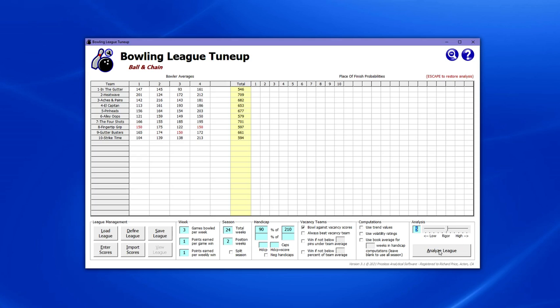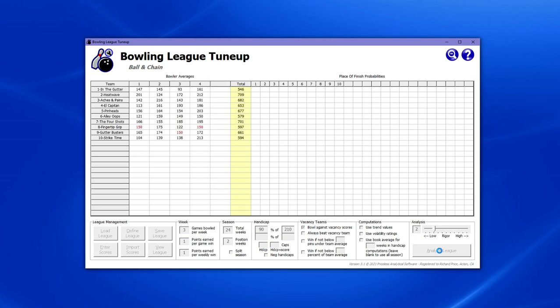But before we do that, we might want to adjust the rigor of the analysis we're going to perform, and that's done on this sliding scale. A high rigor produces a highly accurate analysis that may take a considerable amount of time to produce. Low rigor produces a less accurate analysis, but can be done very quickly. For the purposes of time in this demo, let's set the analysis at a relatively low rigor of 2 and